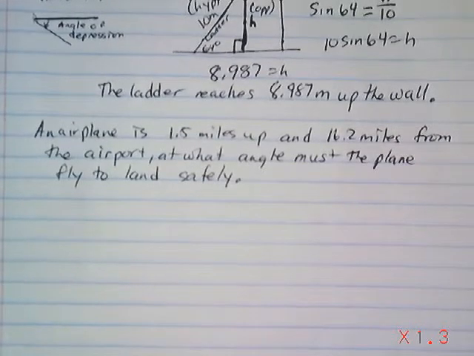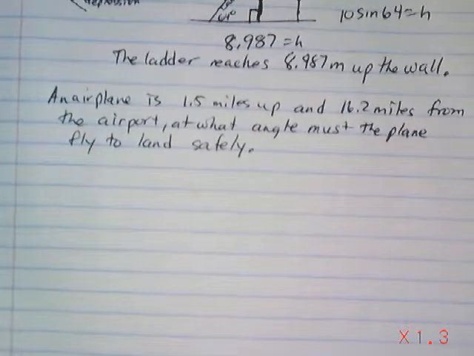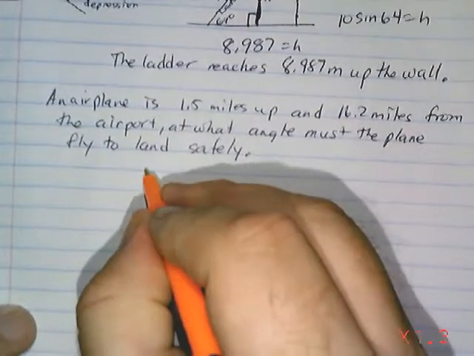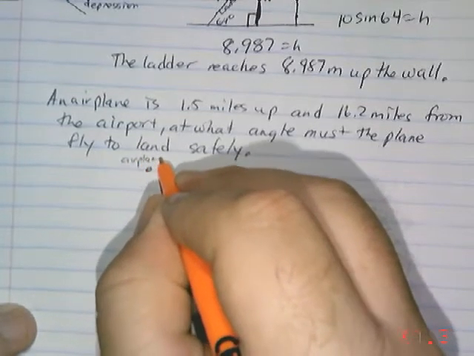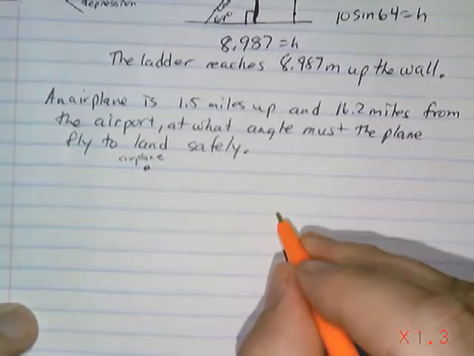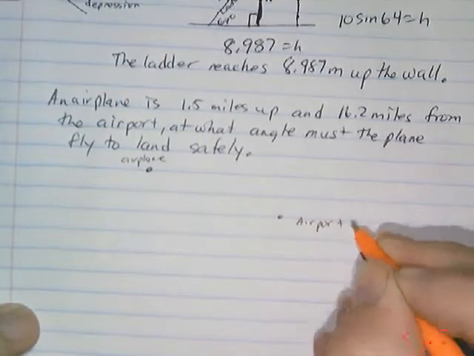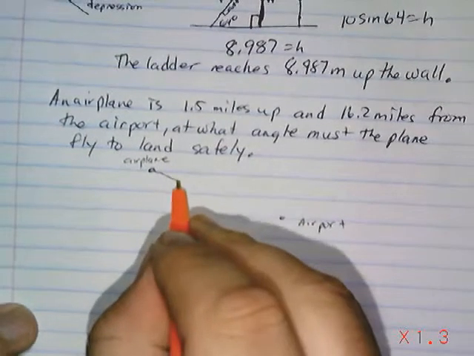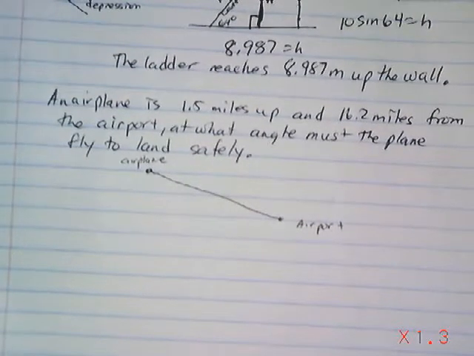So we take tan inverse of 1.5 divided by 16.2. Oops, I put it in correctly here. And we get 5.290 degrees. Okay, so the plane must take an angle